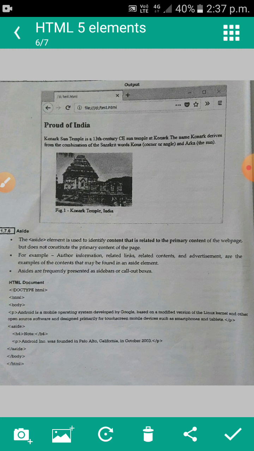If you click on that link, the information about Indian history will be displayed. If you come down, in the related sites, some other sites related to Indian history are also given in the web page.